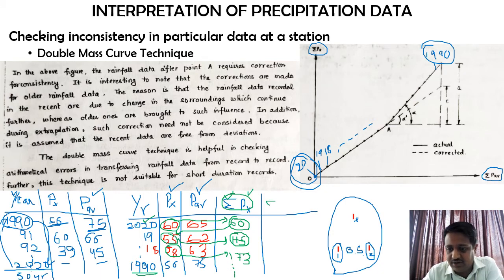Similarly, I need to do the same thing with p average, sigma p average. Here also I'll repeat once again, please check. Here, if I take one more color, this first value of 65 will directly come here, so that is your 65 value for the year 2020. Now similarly, this 65 plus this 62, that is the second value in the p average column, I am going to add and write it over here. So it will be 127.